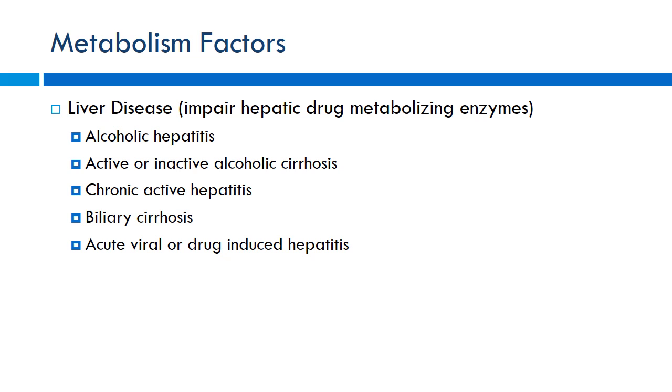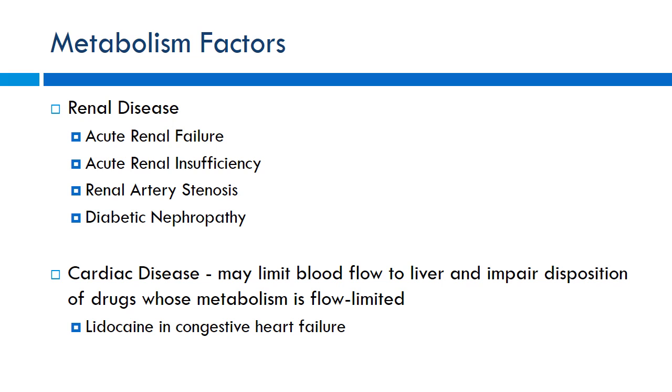So anyway, things that can impair liver metabolism. A lot of inflammation in the liver can disrupt the ability for you to metabolize certain medications and other things. Alcoholic hepatitis, so those guys can have chronic inflammation from chronically drinking. You can have actual infective hepatitis, due to viruses and things. Biliary cirrhosis, if you're not able to excrete things out through the biliary tract, that can cause liver impairment. So all these things can occur here. We'll also talk about certain cases of drug-induced hepatitis, which can also affect your ability to get rid of some of those drugs. But also looking at renal disease, we'll talk a lot about how this can affect the elimination